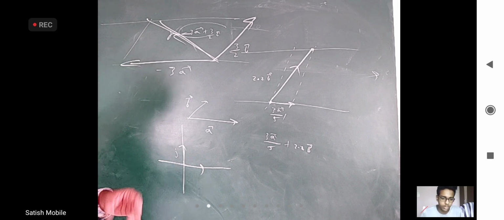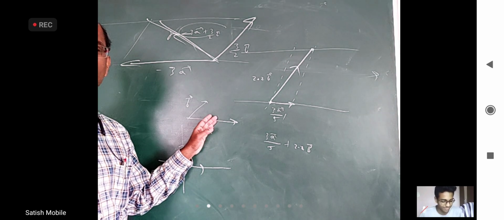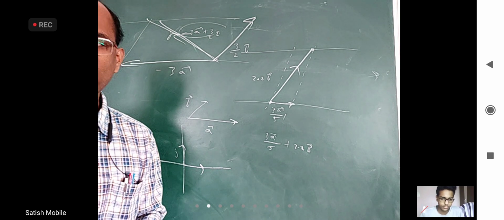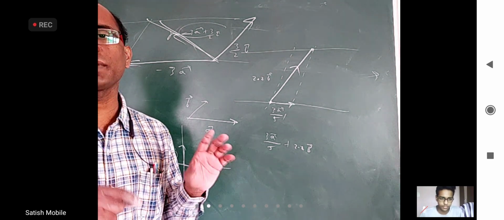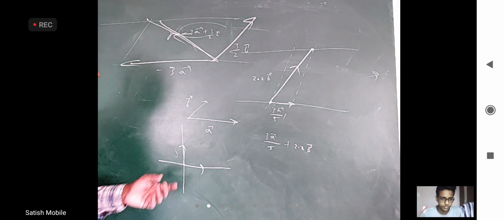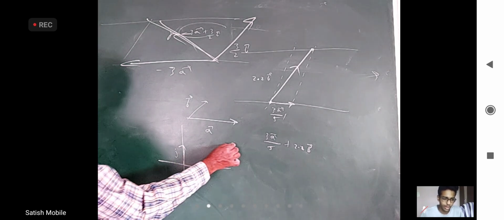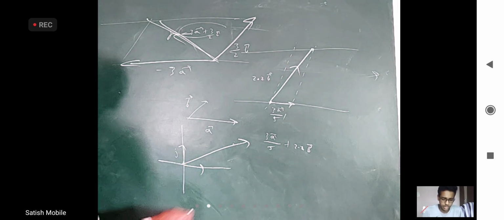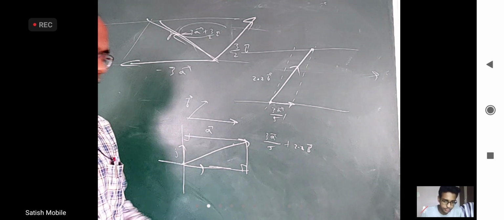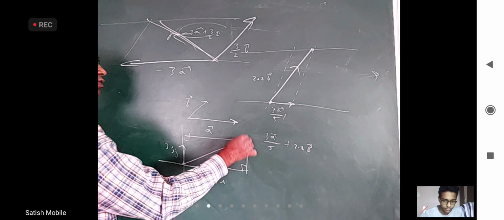It is not that in vector algebra, on day one only, I have to talk about i and j. No. After understanding this coplanarity concept, I have to understand that if I want to describe any vector in a plane, I should first of all fix two vectors in the plane so that every other vector in the plane can be described in terms of them. That's why they fix i and j, because it is quite obvious to take unit vectors, and if they are perpendicular, it is easier. If somebody says I want this vector in terms of i and j, very simple, just drop a perpendicular here, you get a parallelogram which is also a rectangle. This is a multiple of i, maybe 5i, this is a multiple of j, maybe 3j, so this point is 5i plus 3j.